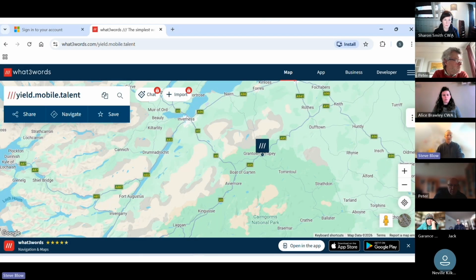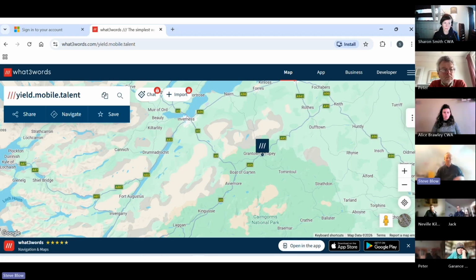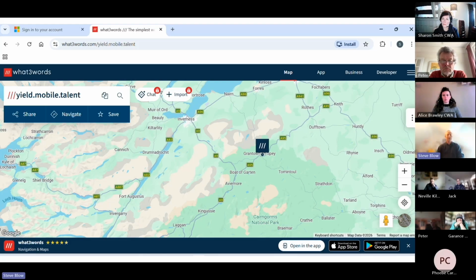So I'll run through the 3 different systems. First one being what3words. You can access it on the laptop or on the app on the phone. This is a screen grab. I've done quite a lot of screen grabs to try and illustrate the process. Screen grab off the laptop. This is where Granton is. This is where the woods are, and so you can be out at a vast scale, and zoom in,